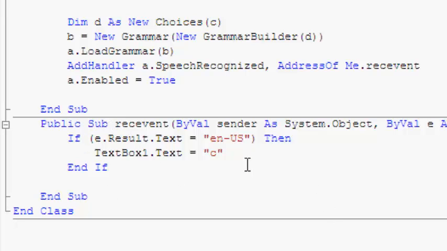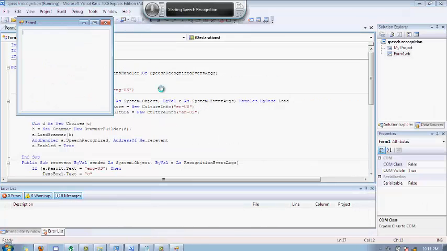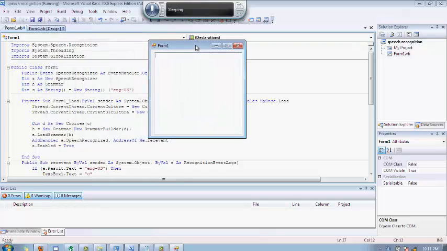Okay, so this is all, and we can debug this one, and you can try it for yourself. Okay, that's all. I hope you have learned something, and thank you for watching. I can't demo it right at this time because there was a conflict between the two programs, the video recorder and this one.